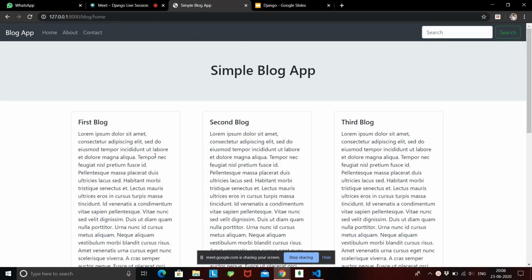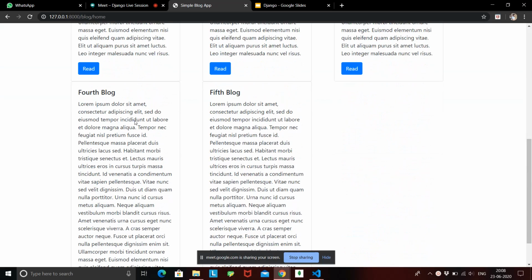Okay, so this was the page that we created in the last lecture. We imported Bootstrap into our base layout HTML, and we extended that base layout into our home page. Inside the base layout, we have our navbar, our title, and inside the homepage.html, we rendered out the cards that contained all that blog title and blog description.